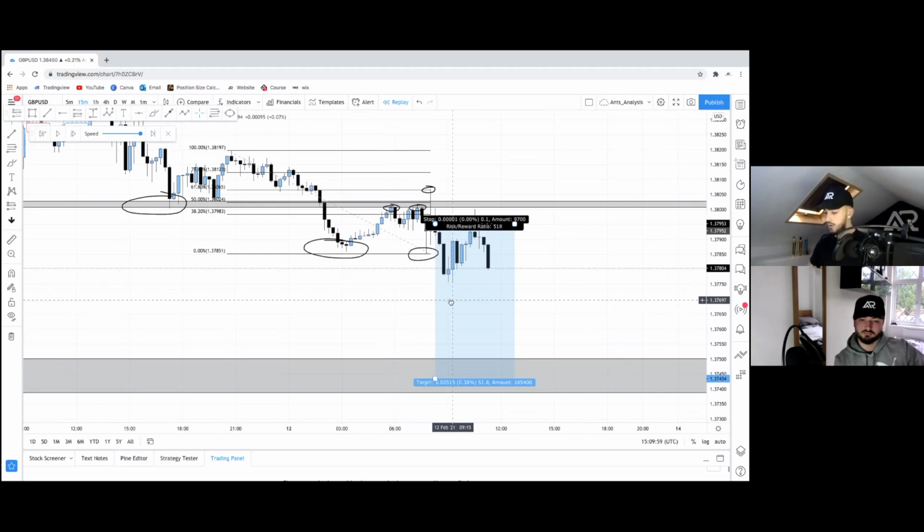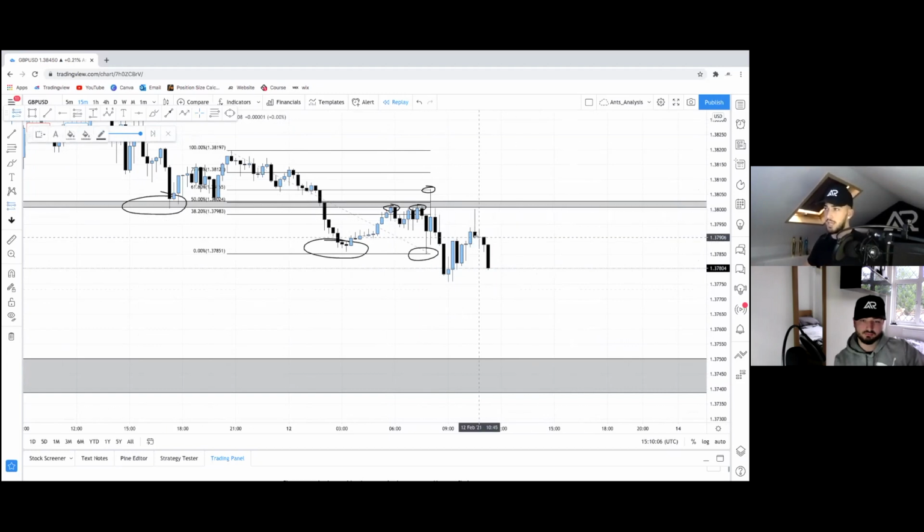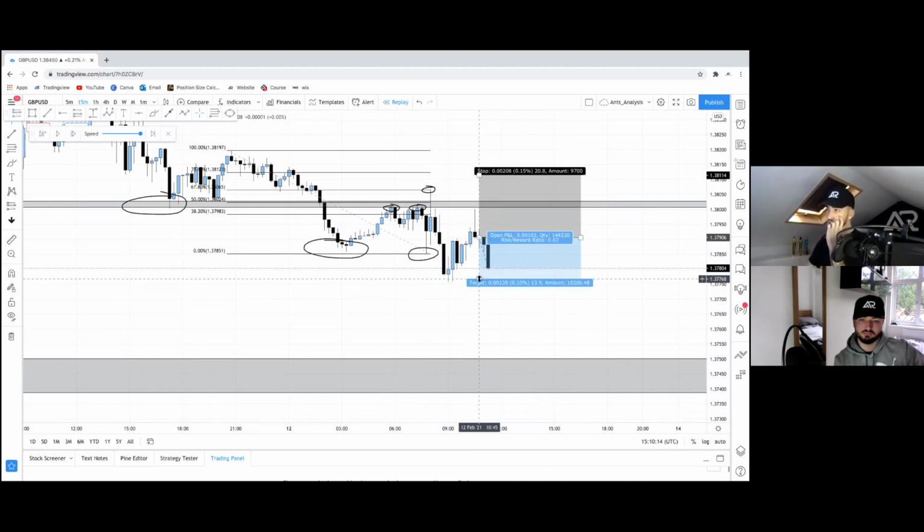So if we just get rid of our position, we're out at break even now. What this is doing is potentially tricking people into entering again. This is where emotion can kick in, and it's the fear of missing out, the fear of not being in this trade. People are entering this trade with stops, maybe even in the same position above there, trying to target down here